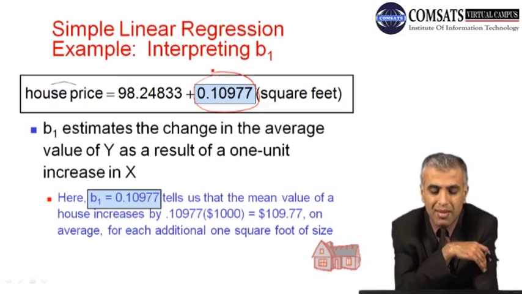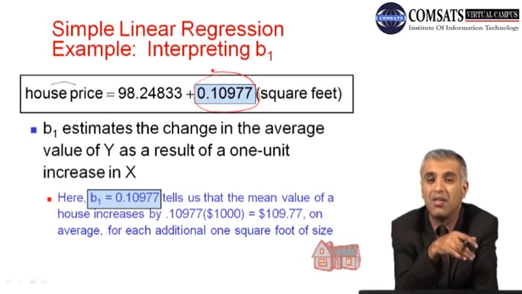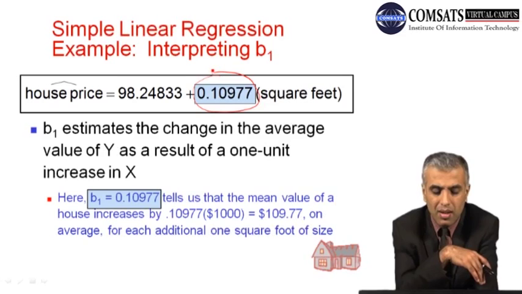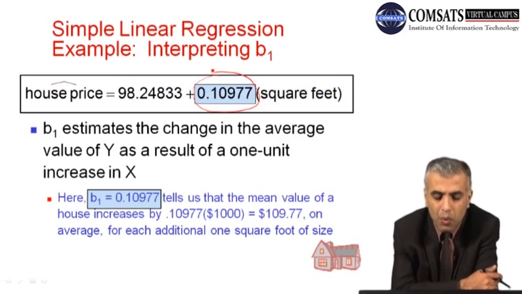So it tells us to what extent the mean value of y will change with the change in value of x. So here B1 is 0.1097, which has been calculated, and you can say that the mean